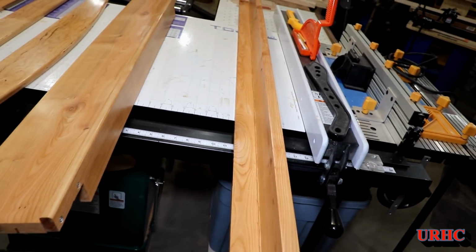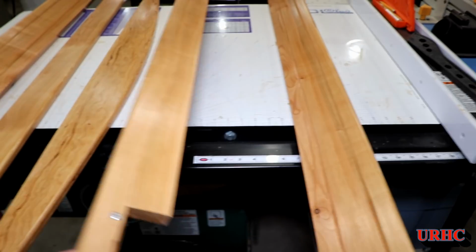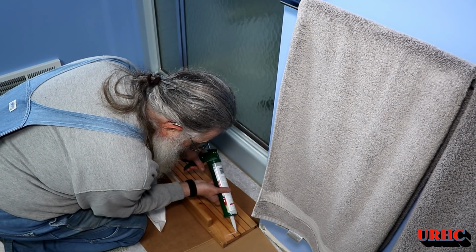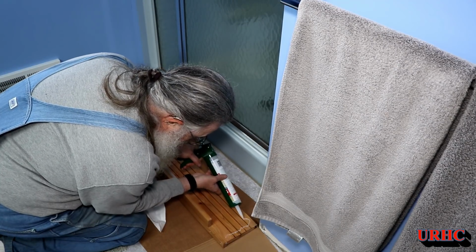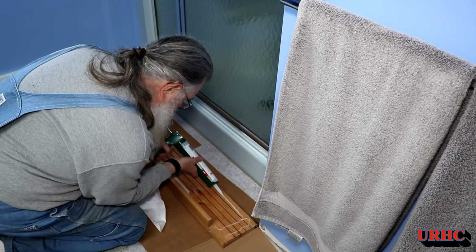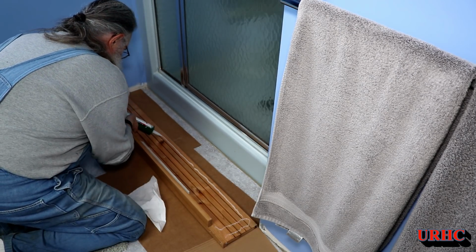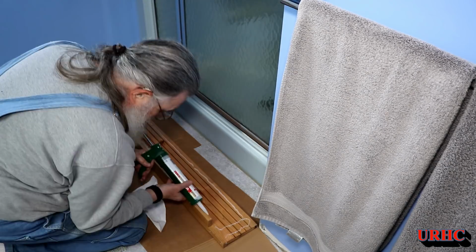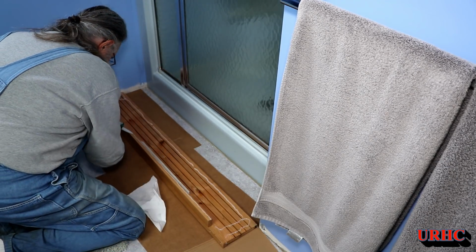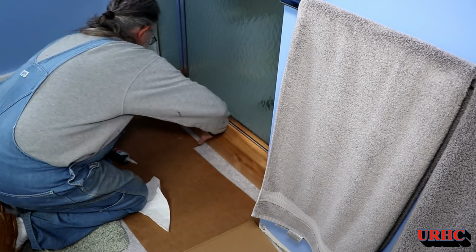And same thing with these trim pieces for around the shower. It had to be 3 coats of polyurethane on each side with sanding between them. And now I'm going to start doing some of the installing on them. I decided to actually use a silicone adhesive to hold these in place and make sure that everything was sealed good, so moisture couldn't get behind it in the future and do any damage. So I started by